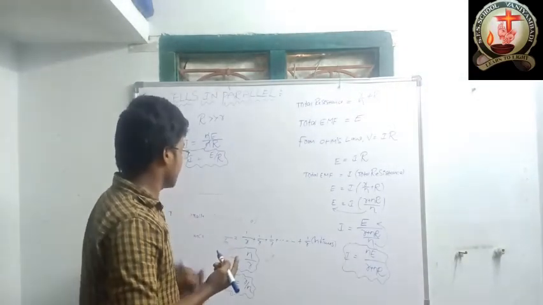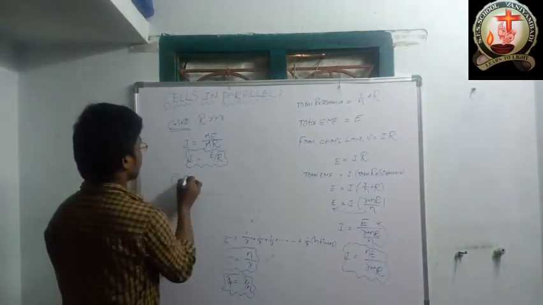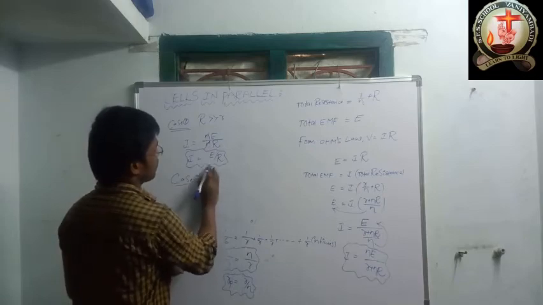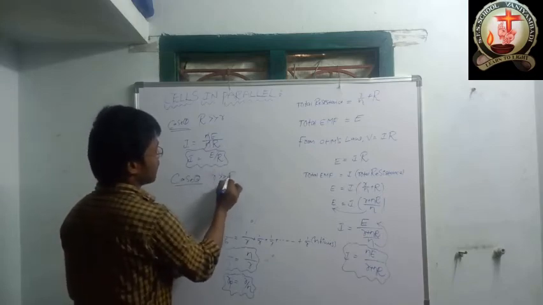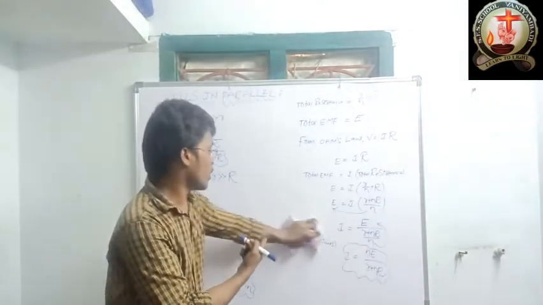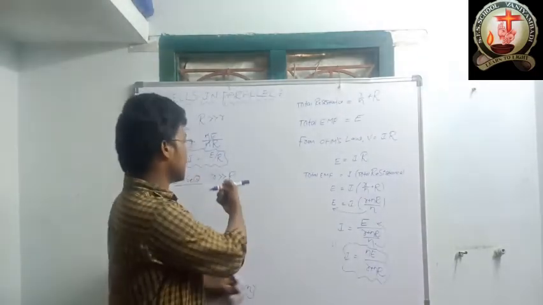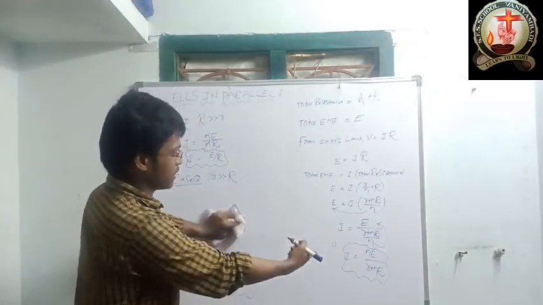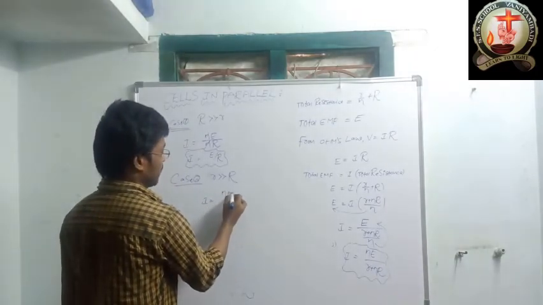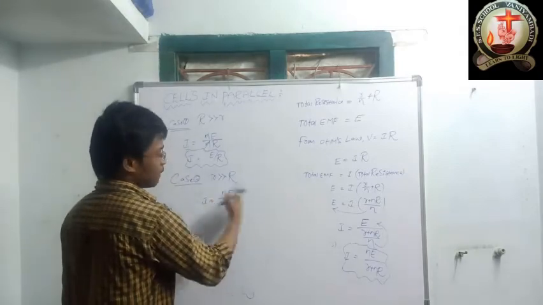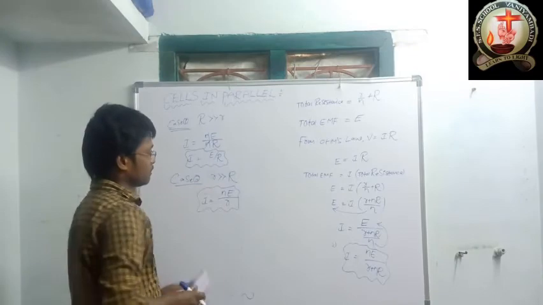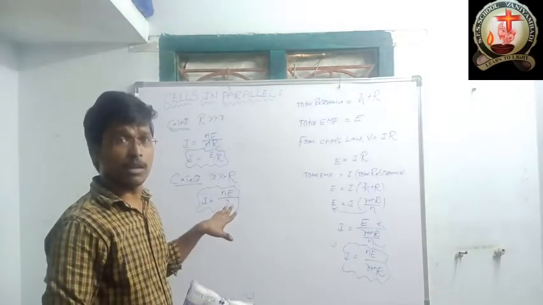Like that, the second case, case 2: small r is very much greater than capital R. So small r is very much greater than capital R, means capital R we should neglect, correct? So here apply that. I is equal to NE by nr, where capital R we neglected. So what is the expression? This one. This is the final expression of the current in the second case.